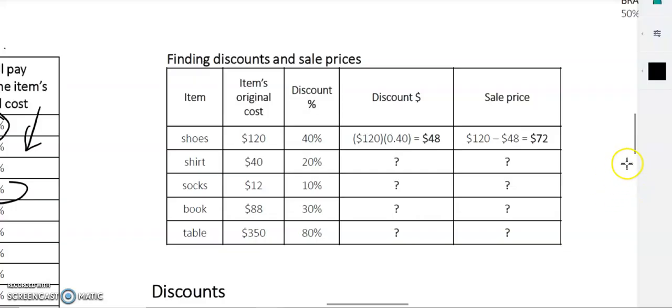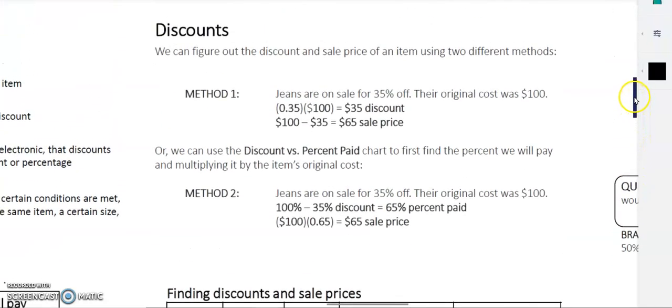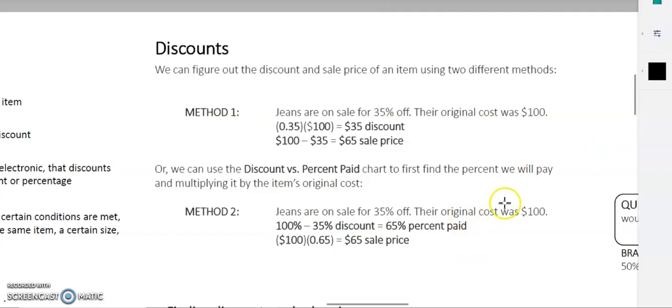All right. We have two ways of doing that before we get to the table. We've got method 1 and method 2. The first method is we take the cost of a thing, $100, figure out what the percent discount is and the dollar value that percent represents, and then subtract from 100 to get a sale price. So if jeans are on sale for 35% off, I want to know what 35%